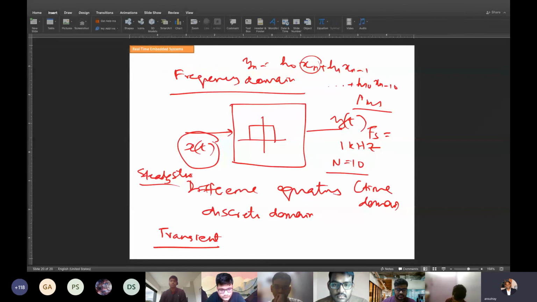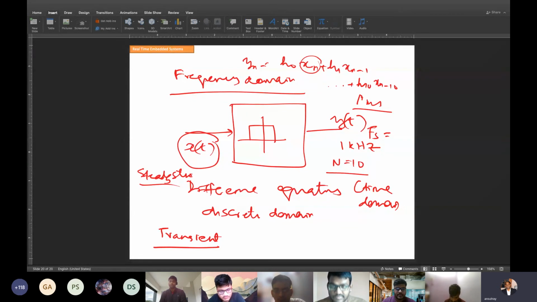Not 10 instants, obviously. It is an FIR filter. So with x[n minus 1] and so on, it will be 10 units of time. Thank you very much for the answer. So this is transient. If you have certain transients, they will die down in 10 milliseconds. In some cases, if you have transients coming again and again, how do you handle it? All these steady state and transient responses are behavioral responses.